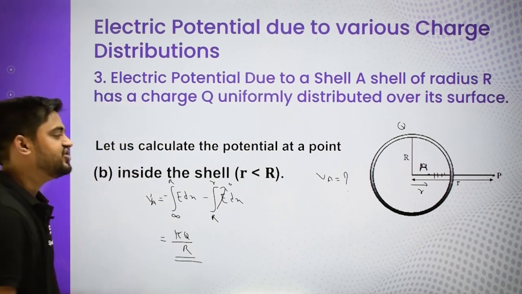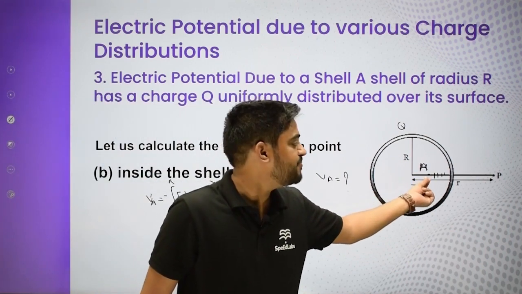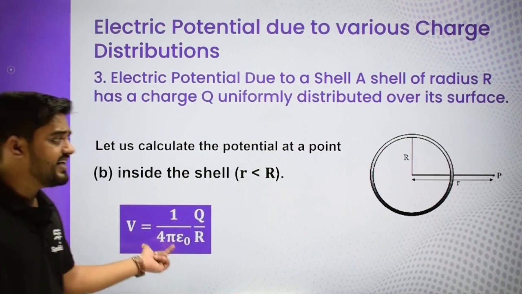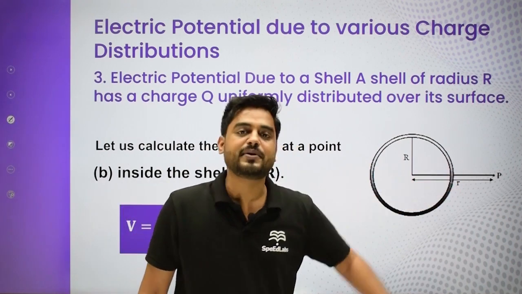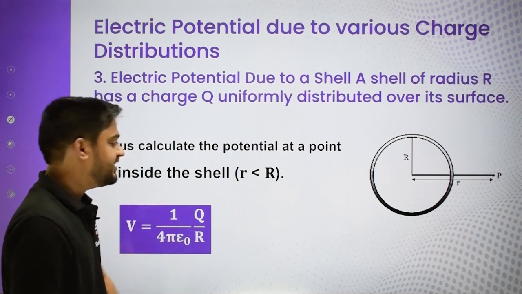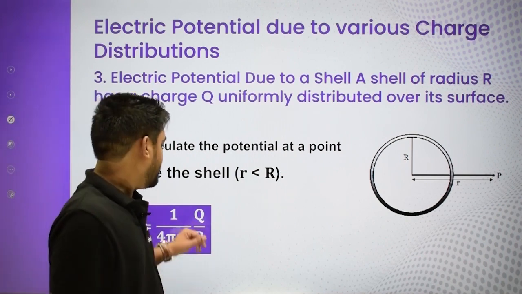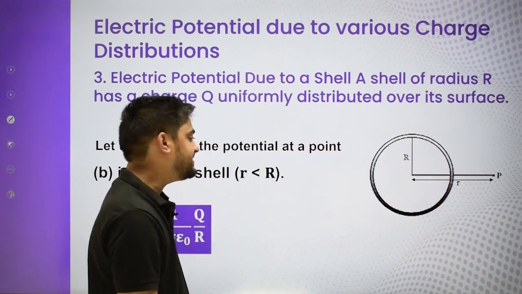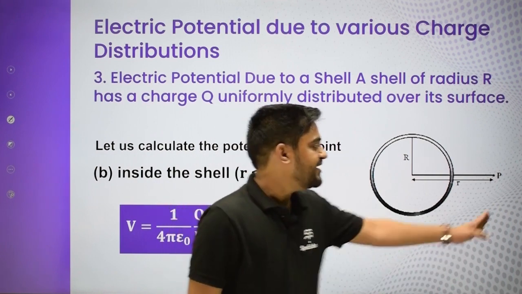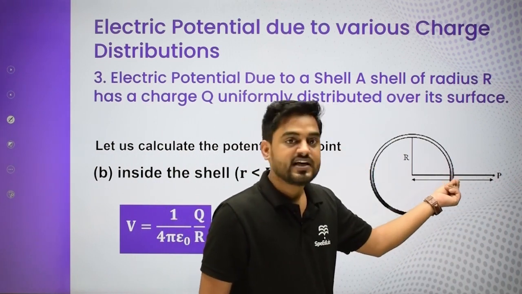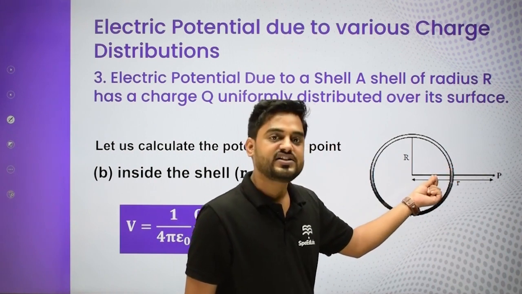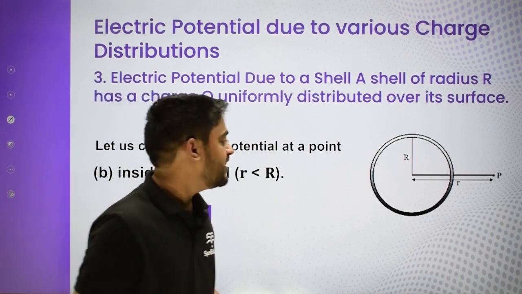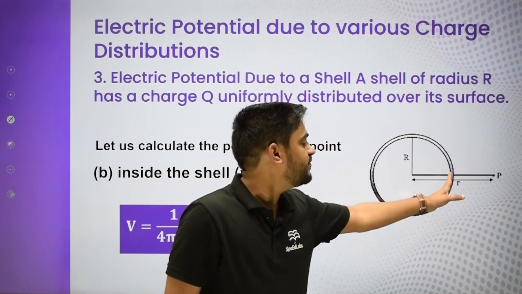So eventually the potential at this point A is the same as the potential at the surface, and at the surface we can apply the same formula as outside. So the graph is continuous. We'll talk about the graph also. Potential at any point inside the spherical shell is the same as at the surface. The reason is, once we bring the charge from infinity to the surface and enter into the spherical shell, we don't have to do any more work. So there is no work done per unit charge also, right? If we are not doing any more work, then potential won't increase anymore.